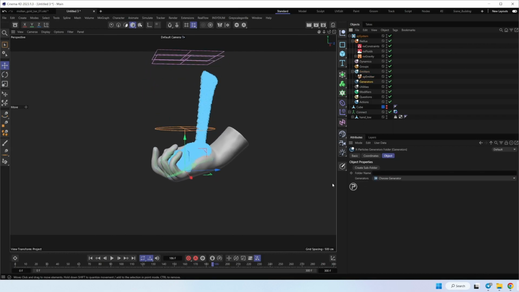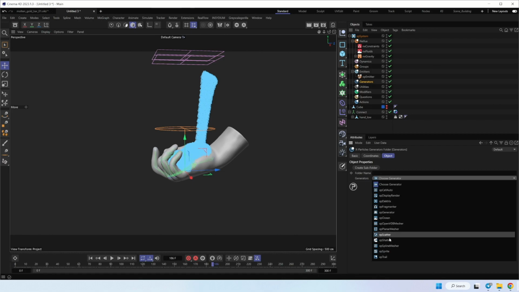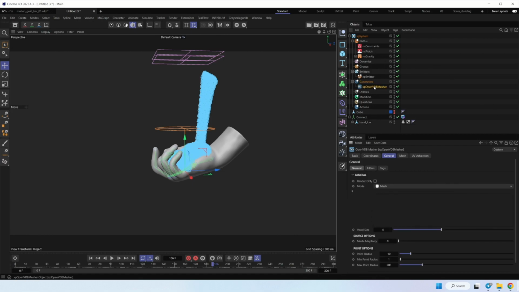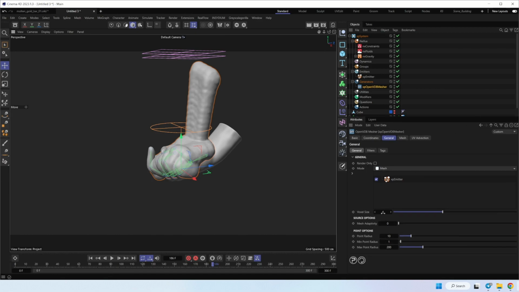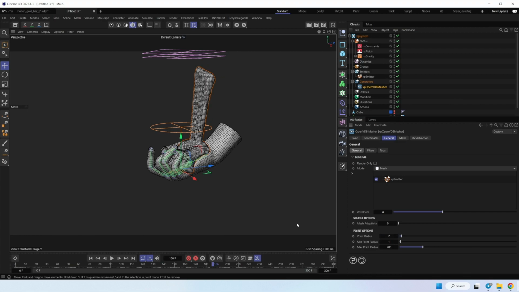Now we can add OpenVDB mesh. And add our emitter. It's too big right now, so we have to change a few things like voxel size. Let's turn on grid and check the density. So for point radius, let's use our point radius. It will be 2.